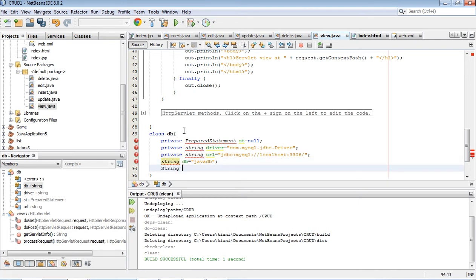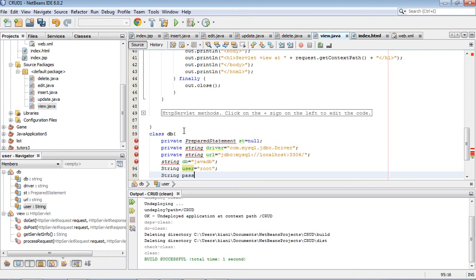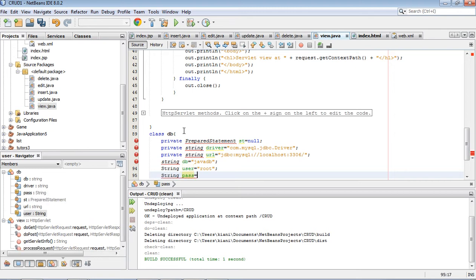We have String user is equal to root. We have String password is equal to empty.